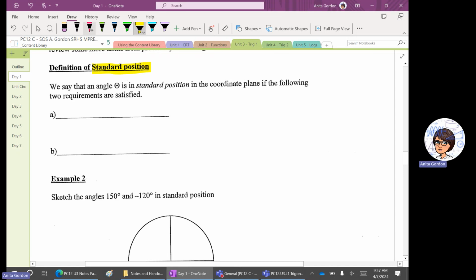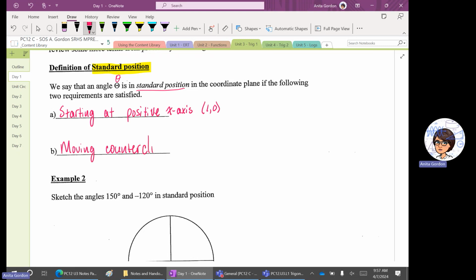Okay, we say that the angle theta is in standard position in the coordinate plane if it satisfies the following two requirements. We measure by starting at the positive x-axis, meaning we are starting at the coordinate (1, 0) on the graph, and we are moving counterclockwise. I already mentioned that earlier, counterclockwise, and I'm never going to write this word again,